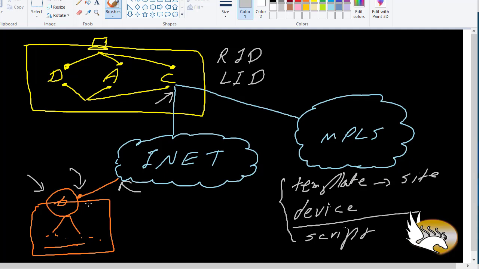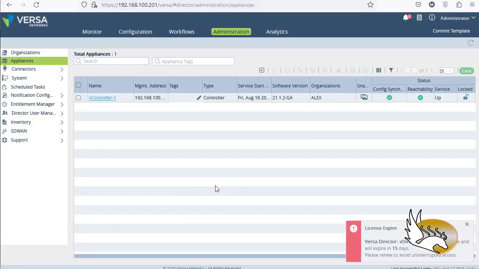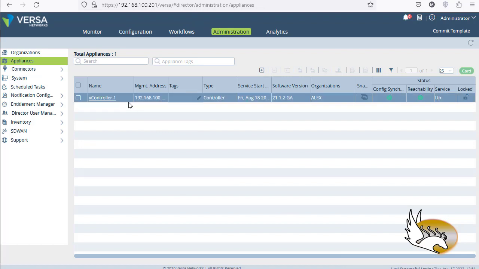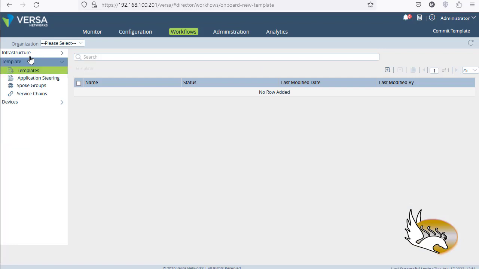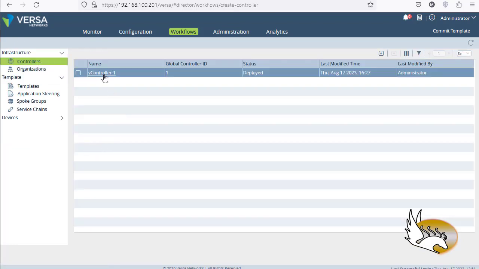So these are the steps that we need to take. So let's start doing that. First of all, I need to go to Versa Director, and you can see that I have already created the controller. And if I just go to Workflow and go to Infrastructure Controllers and click on this vController,